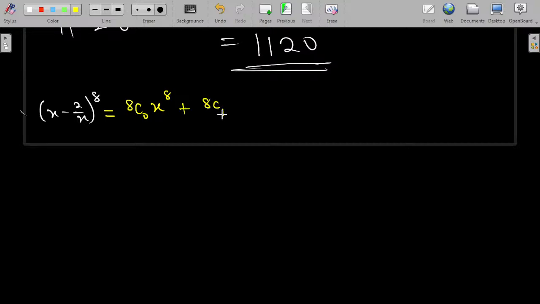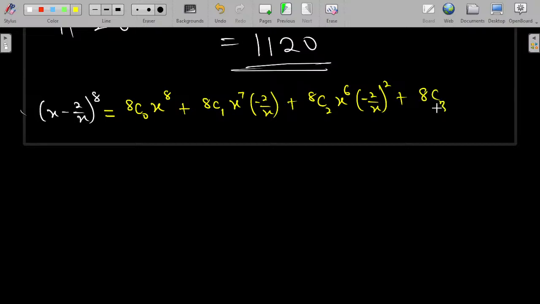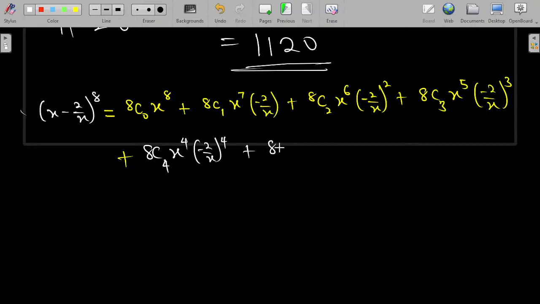So you have 8 combination 1, x to the power of 7, then minus 2 over x to the power of 1, plus 8 combination 2, then x to the power of 6, minus 2 over x to the power of 2, plus 8 combination 3, x to the power of 5, then minus 2 over x to the power of 3, plus again 8 combination 4, x to the power of 4, minus 2 over x to the power of 4, then plus 8 combination 5, x to the power of 3, minus 2 over x to the power of 5, plus